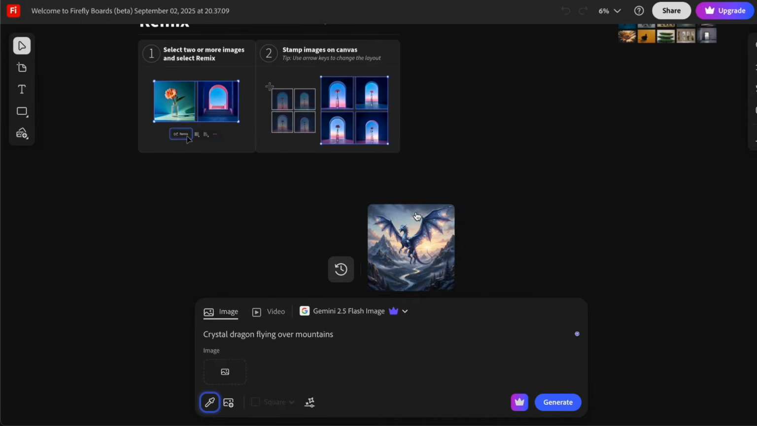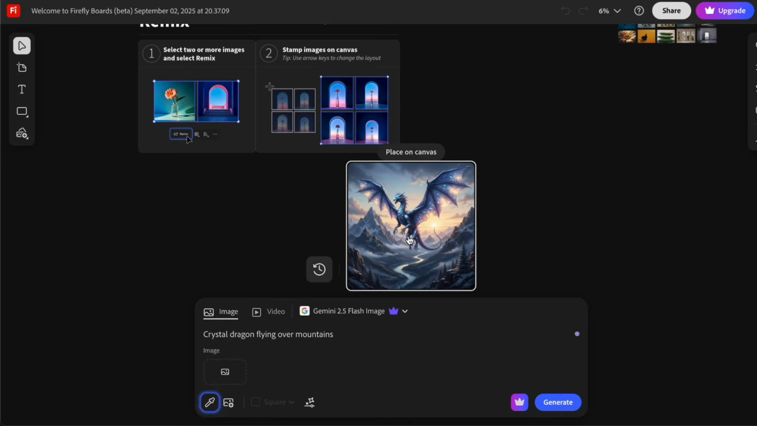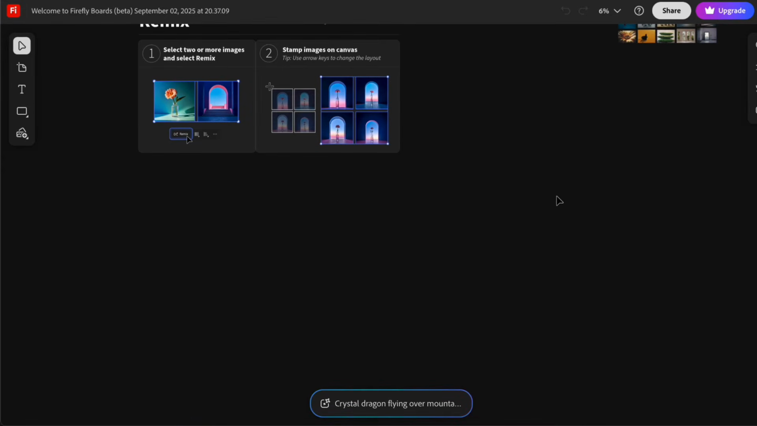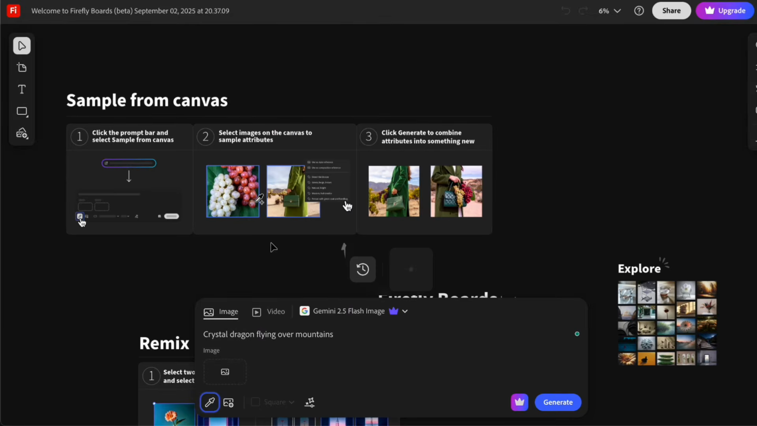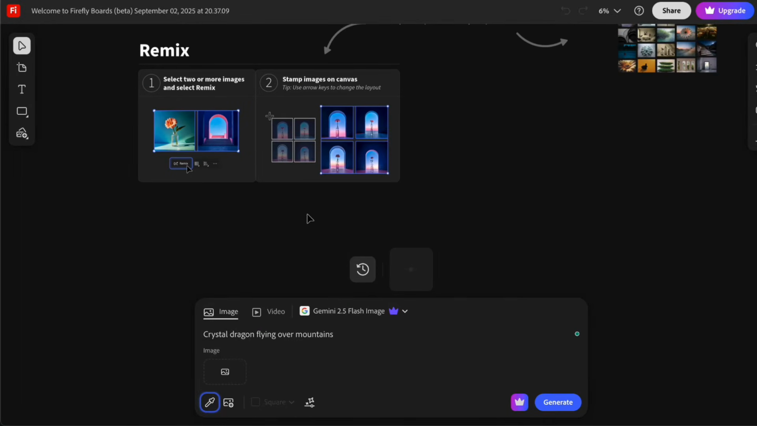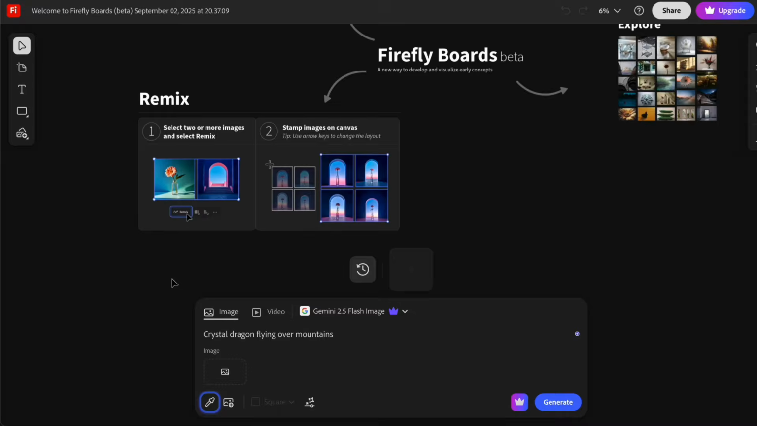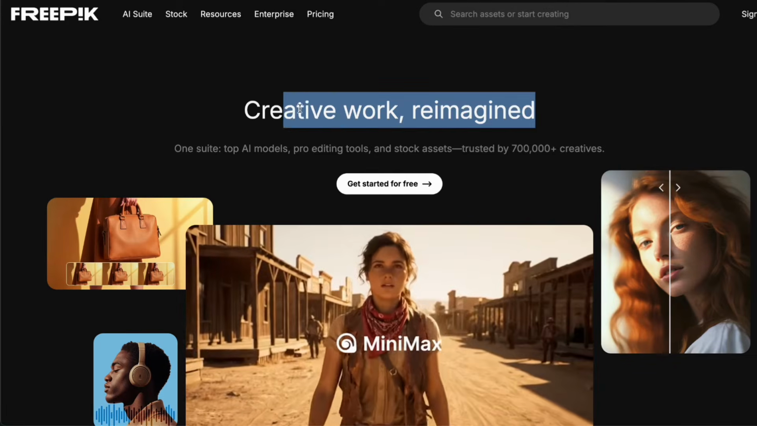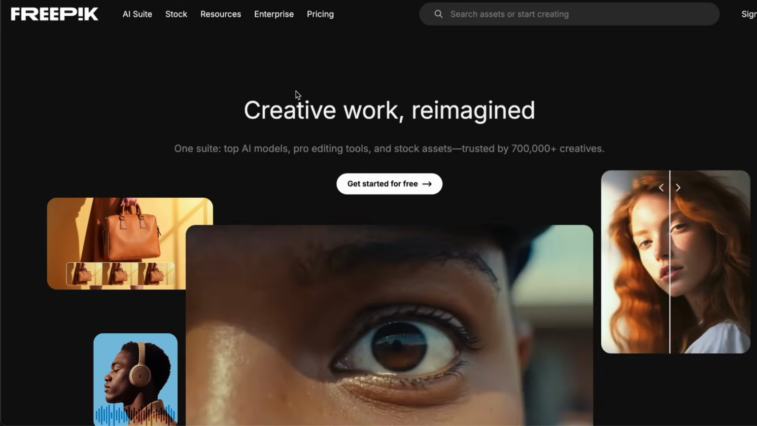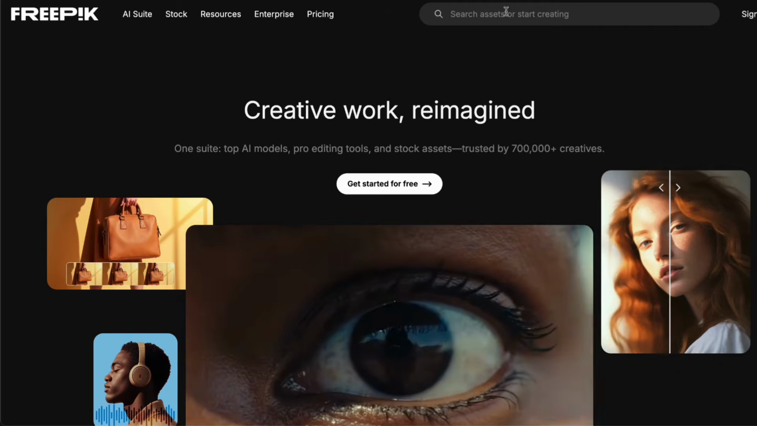Firefly's board also lets you work with multiple images at once, although this feature is still being developed and can sometimes be a bit tricky. And for those who want to take their creativity even further, there is a third option, Freepik. Now this is a paid tool, but it's incredibly powerful, and if you are a content creator or a designer,